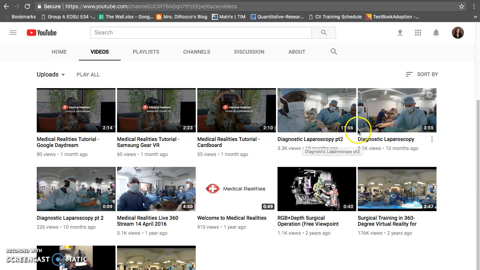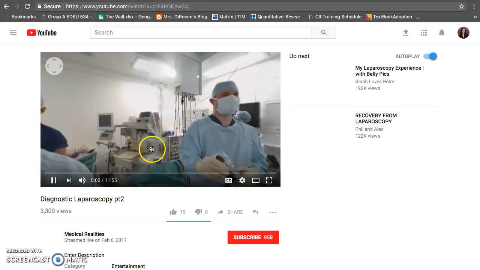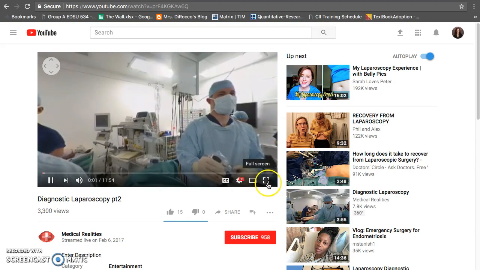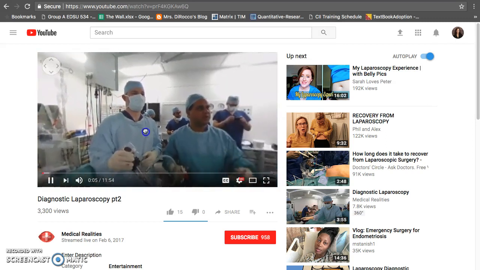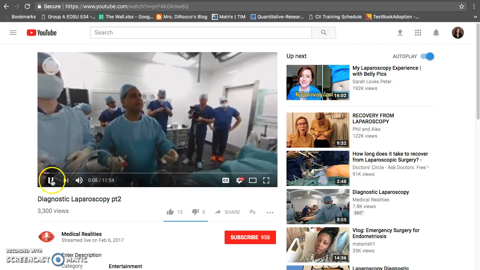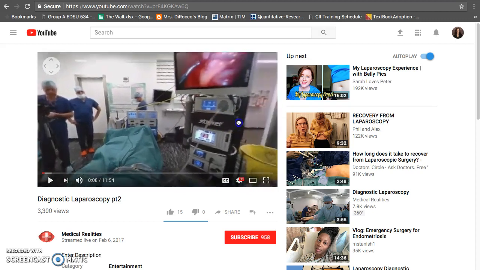So if your students were to access the video on their cell phone, they could pop it into a virtual reality viewer, which can go for as little as $5. And they can just move their head and look all around in 360 degrees, or they can access it just on YouTube. So here, you'll see this is the video, and I can move all the way around